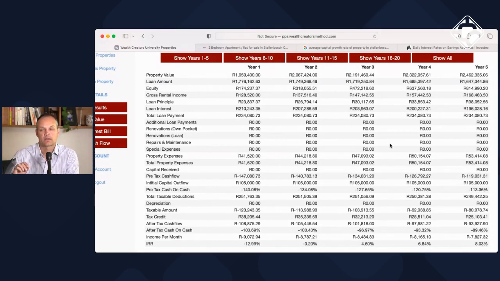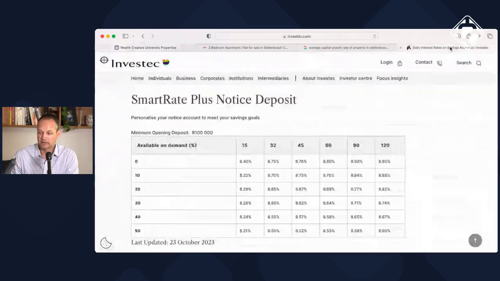So 8.03, to summarize it: is this property a good investment? Well, it's actually not too bad. However, if I quickly jump over to Investec, one of our corporate cash management accounts where we do a lot of cash investments, you can see that you can easily earn closer to about 9% on your capital, whether it's at 105,000 Rand or the monthly amount that you invest on a monthly basis, and you have zero headaches. You don't have to deal with agents, things breaking down.